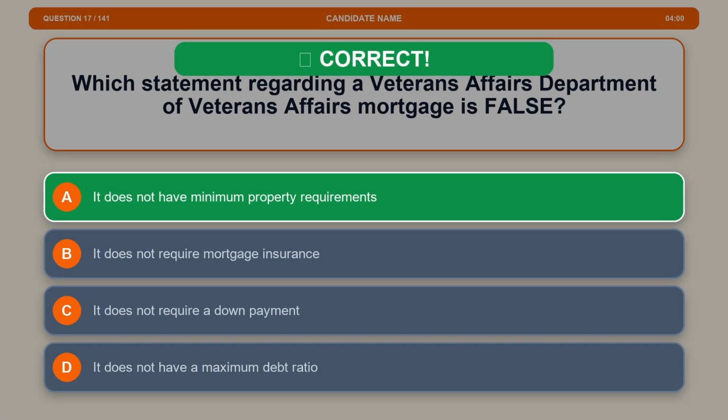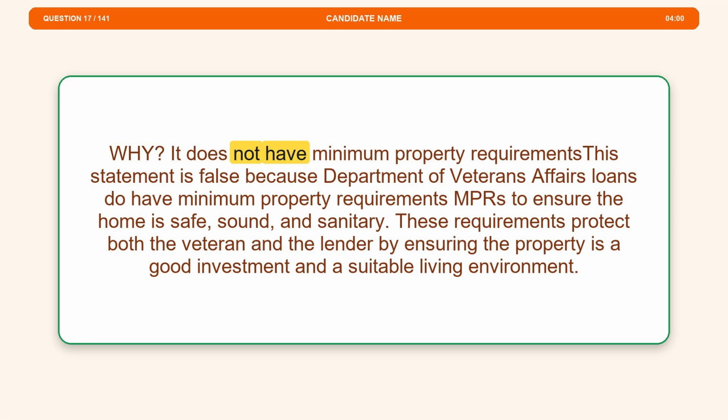The correct answer is option A. It does not have property requirements. The statement is false because Department of Veterans Affairs loans do have minimum property requirements, or MPRs, to ensure the home is safe, sound, and sanitary. These requirements protect both the veteran and the lender by ensuring the property is a good investment and a suitable